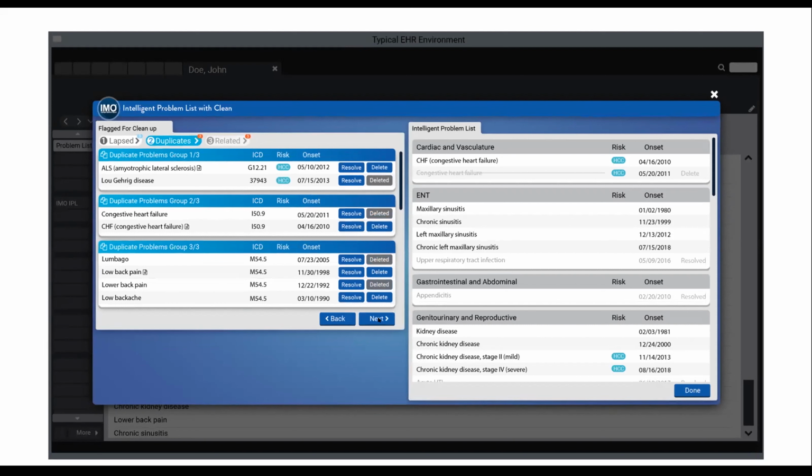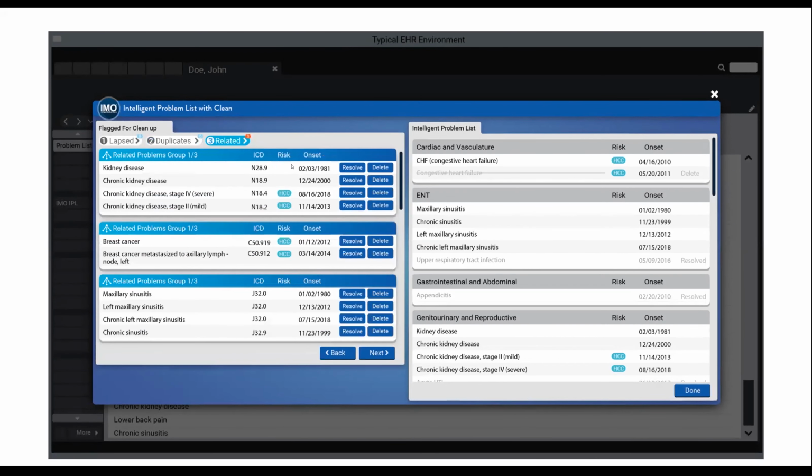All right, we'll just cruise through these real quickly. Excuse my wireframe, it's not as responsive as our app is, unfortunately. But you can see that the indicator here is a little bit different when I deleted something. I get a strike through, and again, on the right, it tells me that I'm deleting that problem rather than resolve.